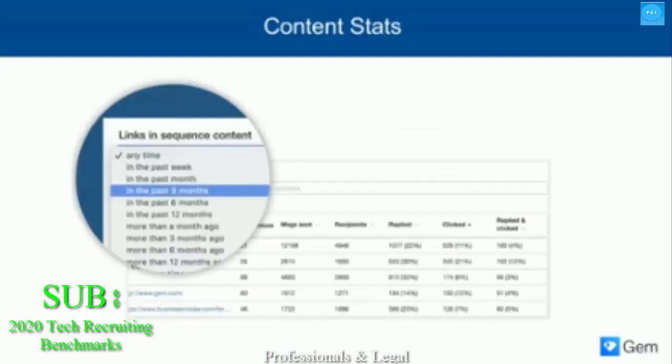If you include links in your outreach messages through GEM, which we highly encourage as a way to showcase what's great about your company, you'll be able to track how prospects engage with that content. So link to that blog post written by your female head engineer, or to the article about your recent round of funding, or to a page about your core values, and then use content stats to discover what content compels prospects to click and which clicks lead to replies. All of this data will better inform your outreach strategy, as well as help you control your talent brand.